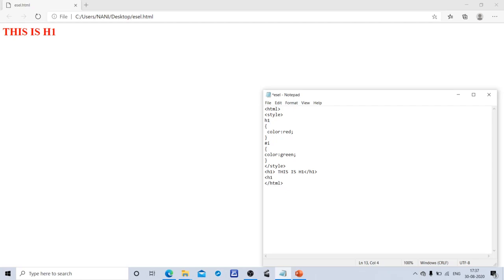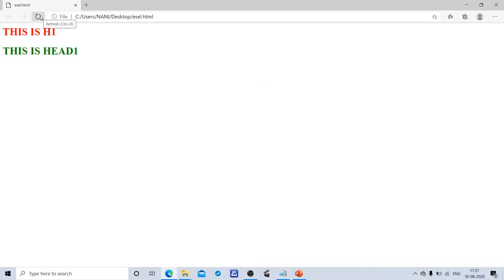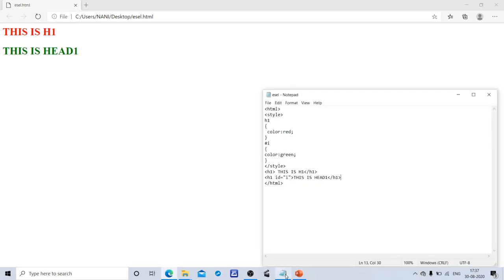For which element? H1, referring as ID with ID name is I. This is head 1. Yes, this is head 1 with ID selector.